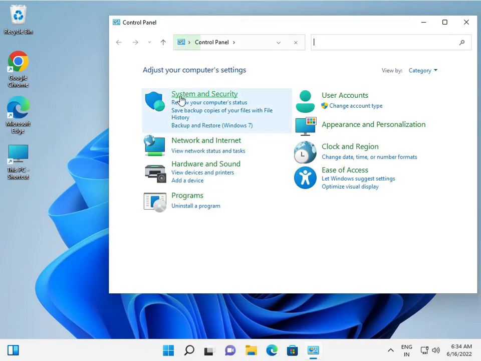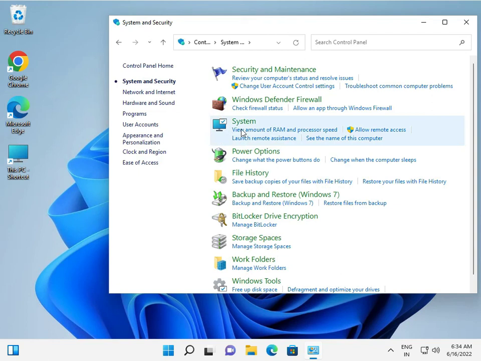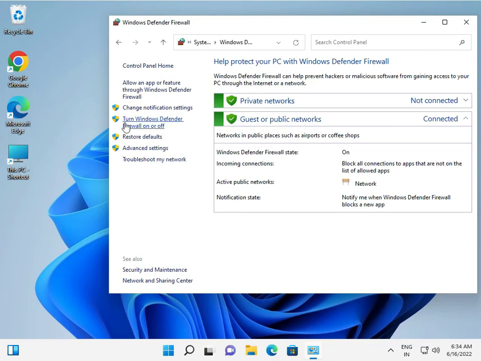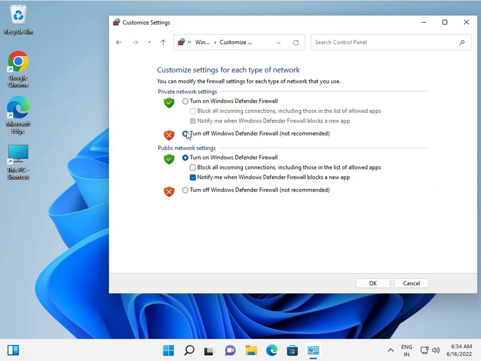So guys, go to security, system and security, click to firewall defender, turn Windows Defender on firewall, click, and then off the off Windows Defender firewall. Okay, and then okay,